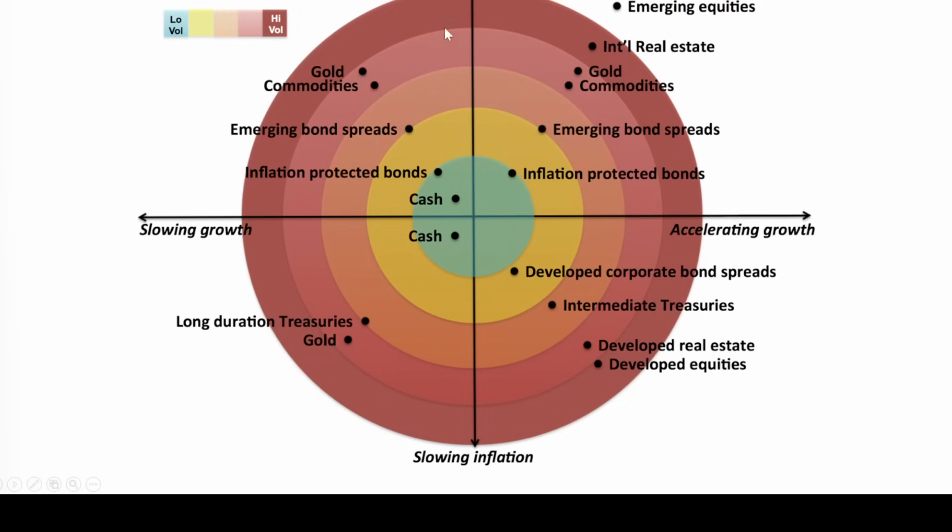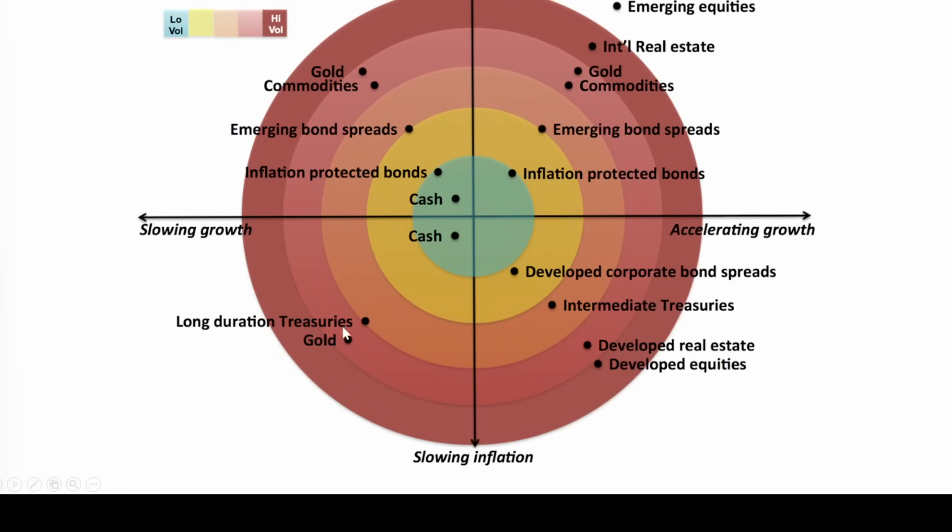Your inflation is still out there, but you start to slow down your growth. This here is your hypersupply phase. Things are starting to slow down, but they haven't screeched to a halt. So that's gold and commodities. You can see they're in both of these, along with emerging bond spreads, inflation-protected bonds and cash. Once things start to fall apart, they overbuild. You get a deleveraging event in the market. Something happens in the market. You can see a slowing of inflation and slowing of growth, which is called a recession.